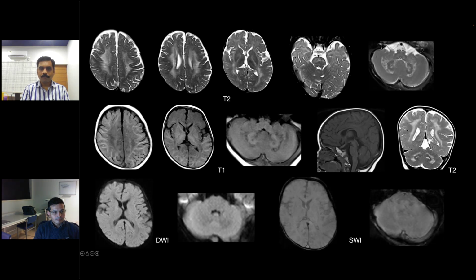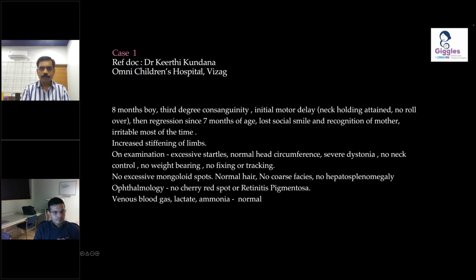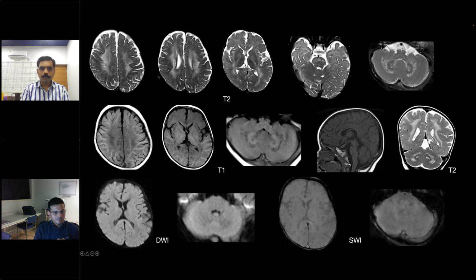And here we have the MR at the age of 8 months. On top are the T2 weighted axial sequences, and you can appreciate these confluent cerebral white matter changes with interspersed linear areas of myelin sparing zones. The white matter abnormalities also extend up to the pyramidal tracts, and you can probably appreciate slight darkening of the ventrolateral thalamus. The pons also demonstrates these abnormal linear hyperintensities, and the cerebellar white matter, the hilus and the peridentate white matter demonstrates these white matter changes